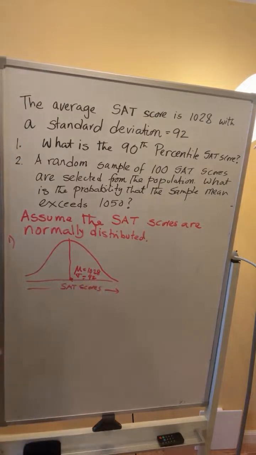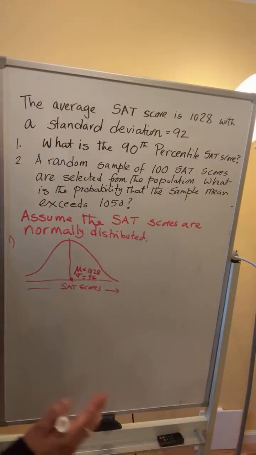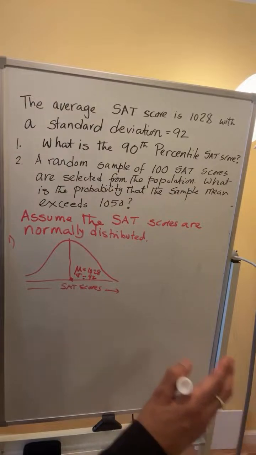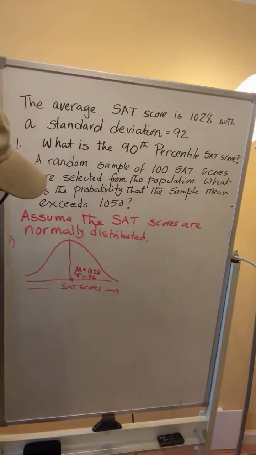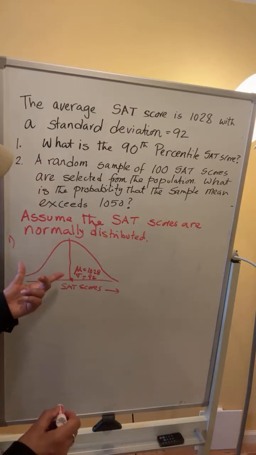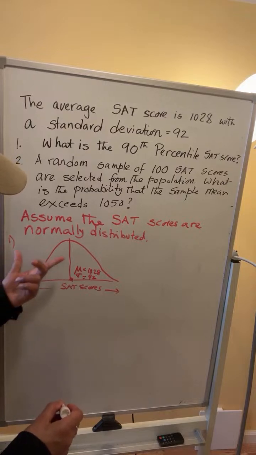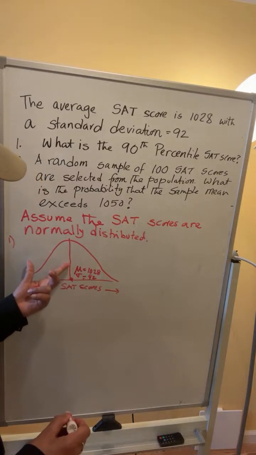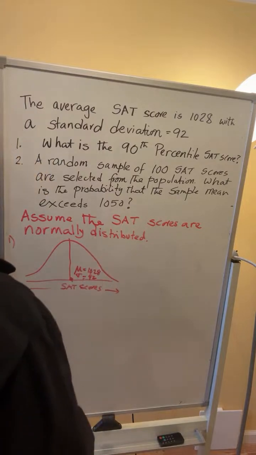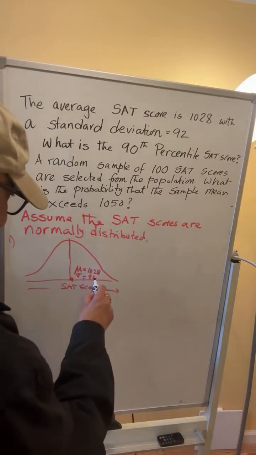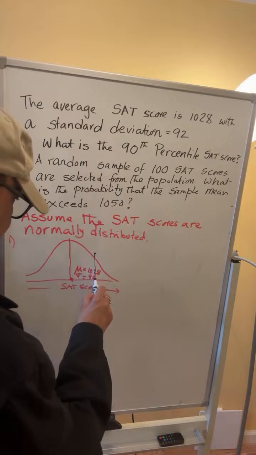They want us to find the 90th percentile. A 90th percentile score means 90% of the scores are below that particular score. Now we know the left half of a bell-shaped distribution is 50%. We always start from the left, 50% here. 90% is greater than 50%, so not only the 50% of the left half but a little bit more will get us the 90th percentile. So we draw a vertical line somewhere over here on the bell-shaped curve,